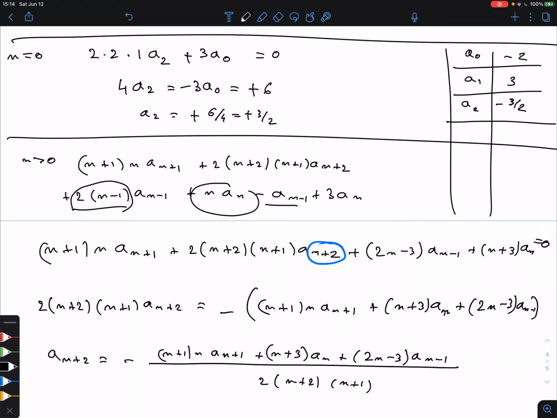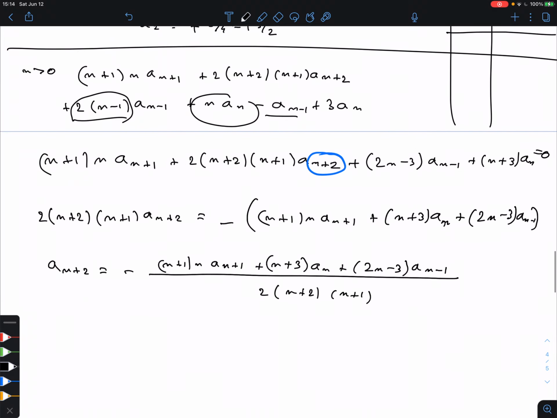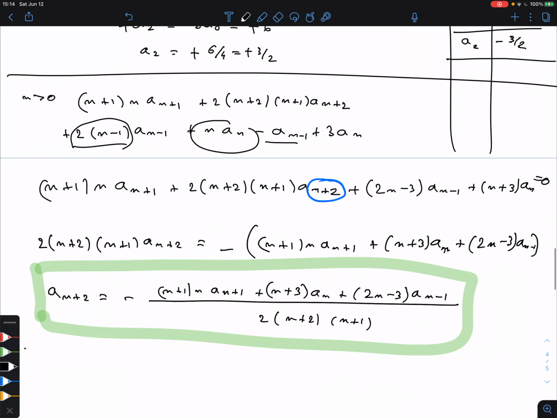Okay, double checking, is this now what it is? Yep, okay. All right, so this is what I definitely need. This is the main recursion relation. That is where everything now comes from. And so now let's calculate a few more terms, right? We did already A2, so the next one would be A3,